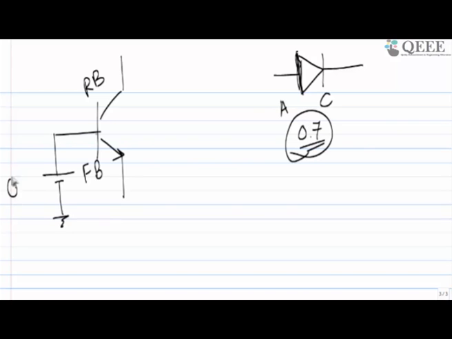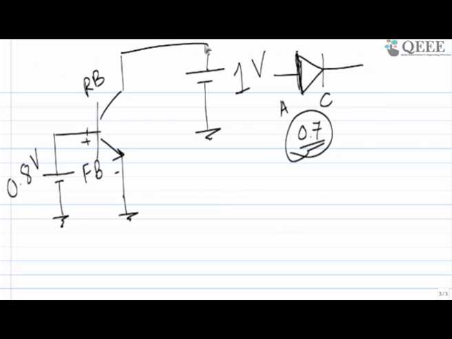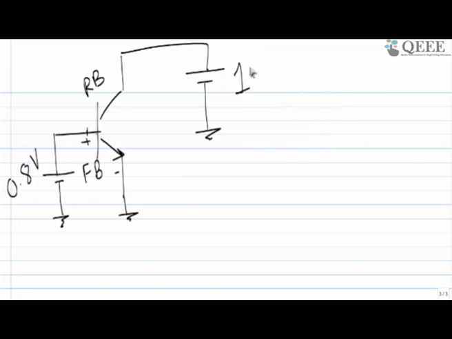So if this potential is higher than this side by more than 0.7, it will make it forward bias. Let's assume that it's 0.8 volt, and this side there is one more PN junction. This side has to be higher than the VBE or base to emitter voltage. How much am I going to apply? In this one they have applied 1 volt, if I am not wrong. Yes, so they have applied 1 volt, and this side is reverse bias and this side is forward bias. Now what is happening? So let's draw the equivalent